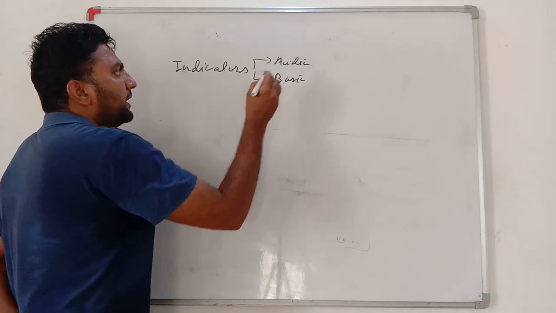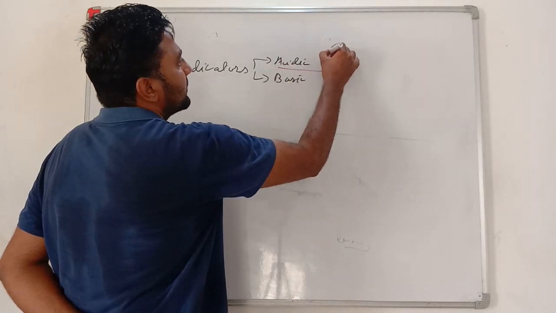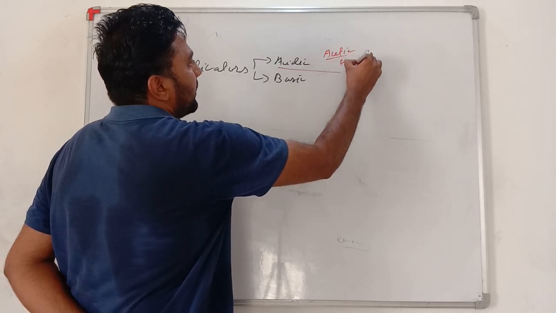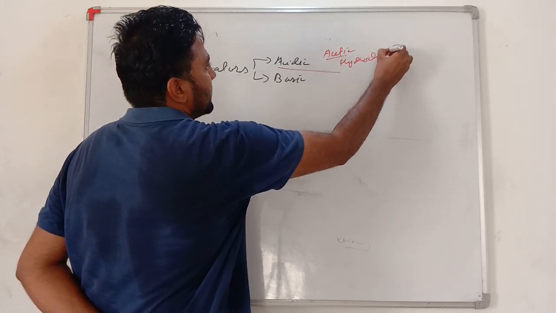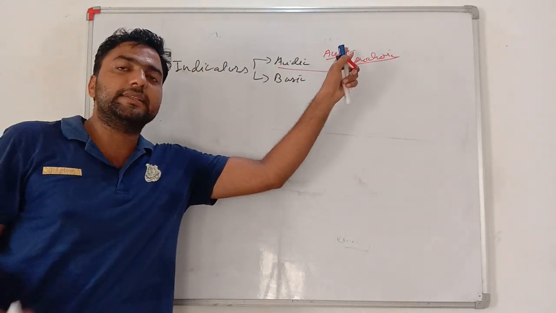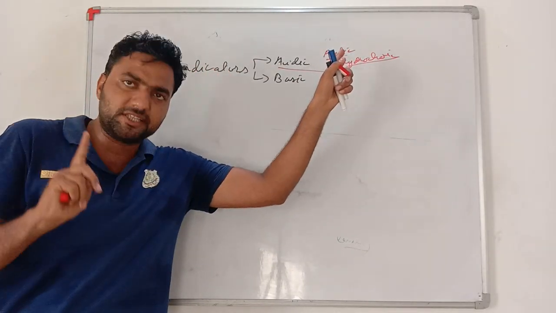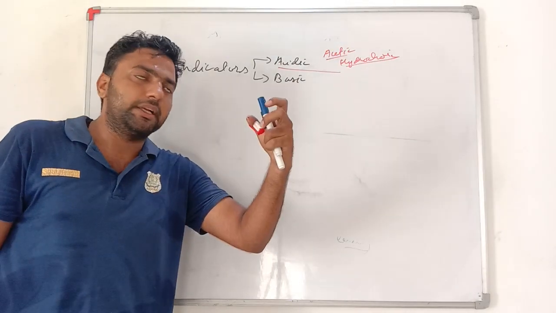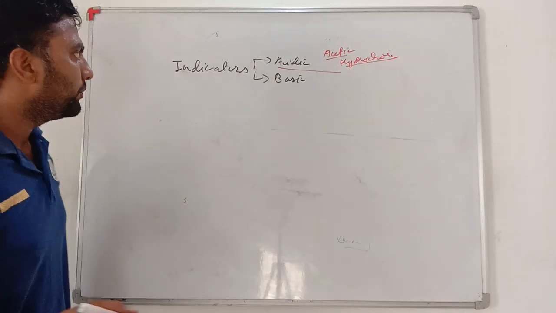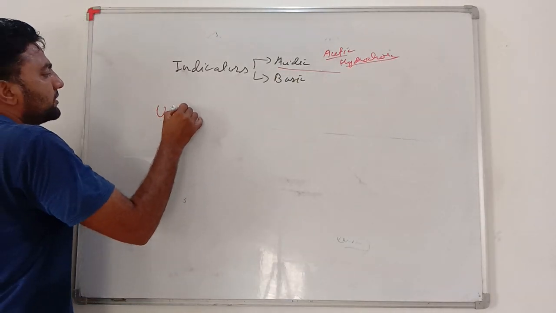For example, indicator can tell me yes, acetic acid is acid and hydrochloric acid is acid. But indicator cannot tell me about whether acetic acid is having more H plus ions or less H plus ions or strength of that. It will never tell me that hydrochloric acid is more strong than acetic acid, but there is an indicator known as